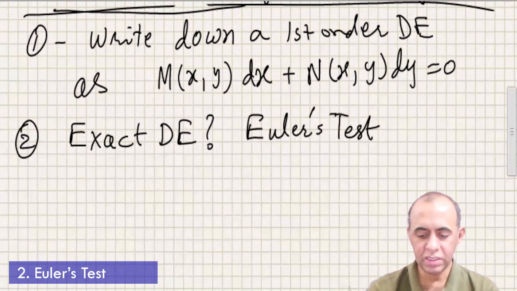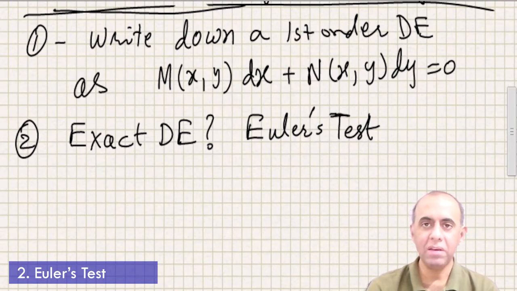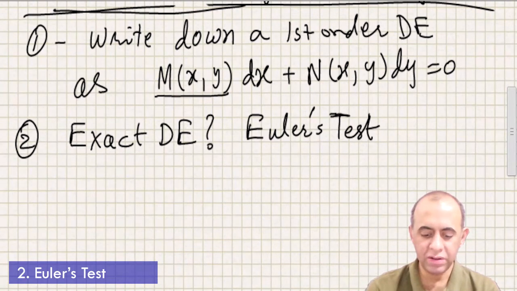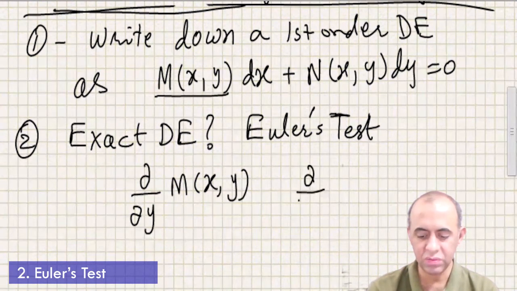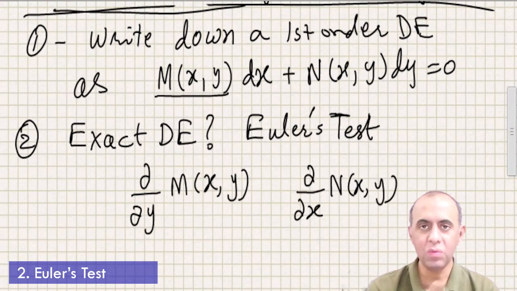Euler's test says that if the function M of x comma y is partially differentiated with respect to y, and the second function, N of x comma y, is partially differentiated with respect to x, and we get the same result,